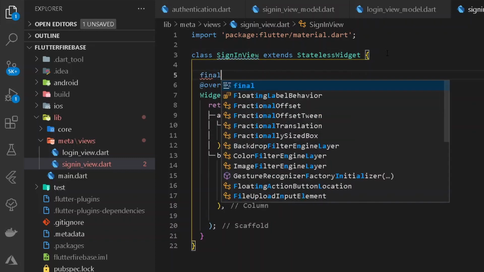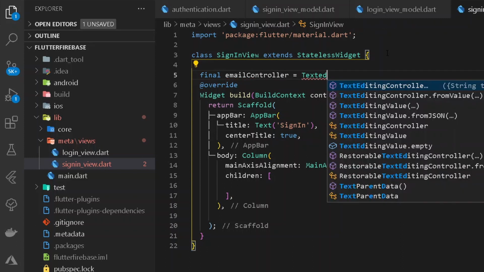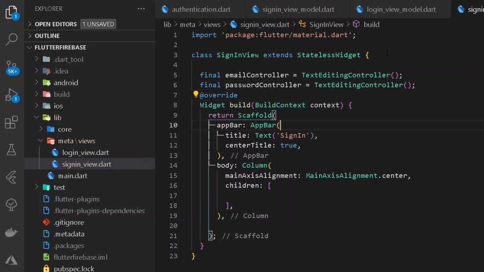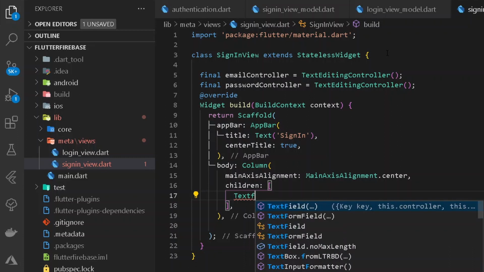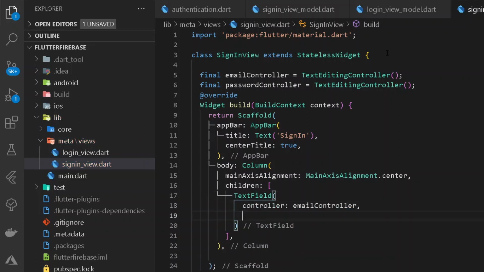First things first, let's have a new final email controller for catching the text field value. That should be equal to a text editing controller. Also we shall require a final password controller. Now let's move under our column, and first of all let's have a new text field. Under this let's have a controller for the email controller.